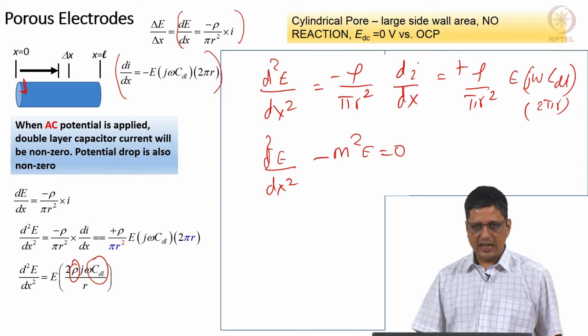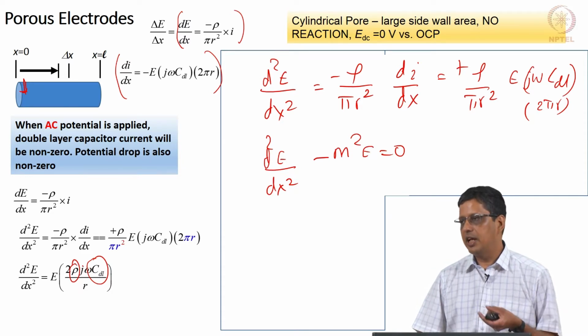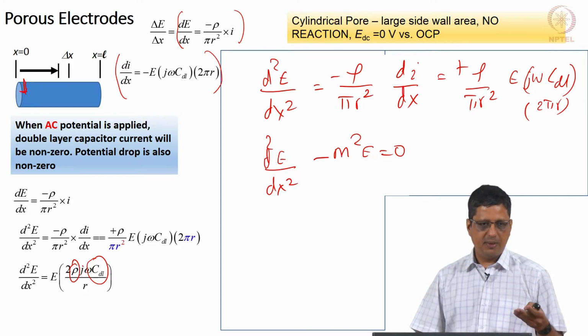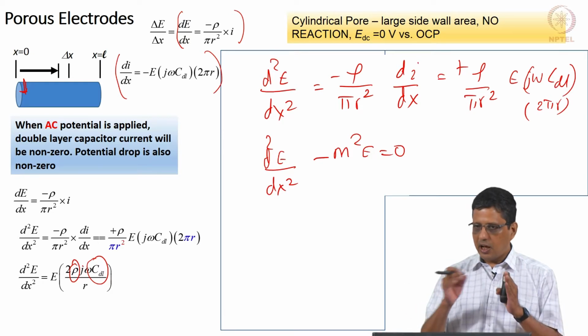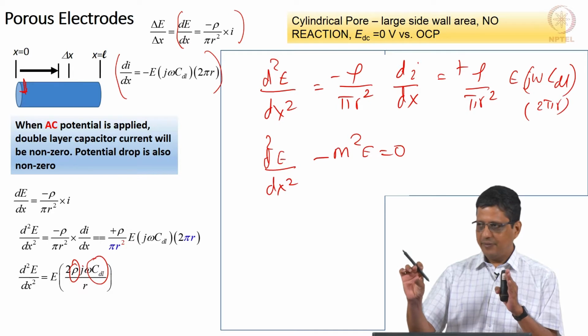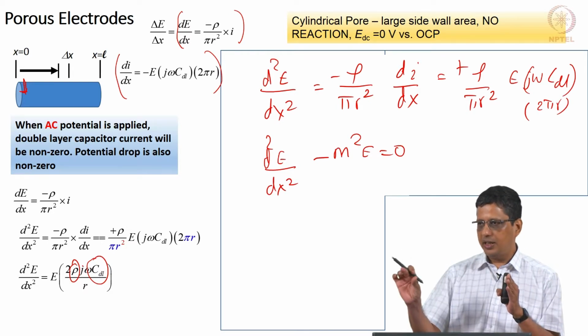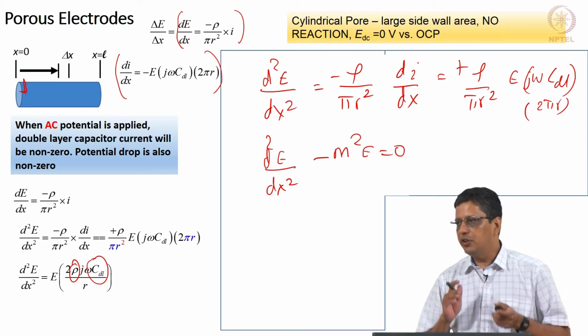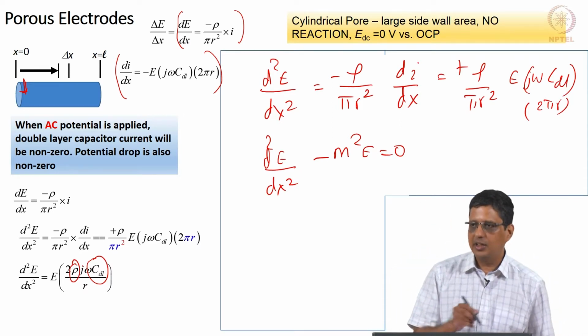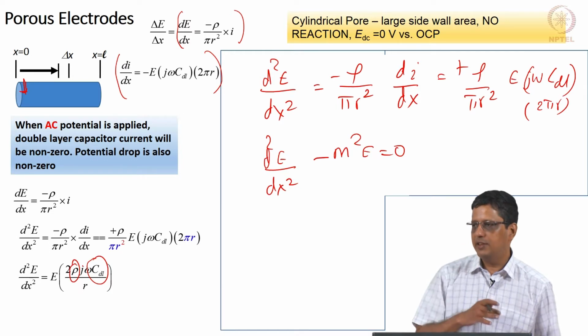And in fact, when we finally come to the expression, we will see the ratio of these two impedances will also be a dimensionless factor that comes into play. So, the impedance or admittance because of the double layer capacitance and the impedance offered by a solution filled in the cylinder of particular radius and particular length, you can calculate the impedance. The ratio of these two is giving you a dimensionless factor that will tell how the impedance of the entire pore structure will vary.